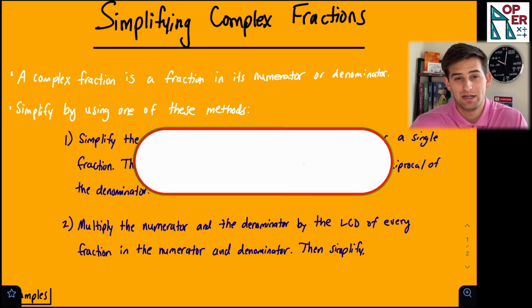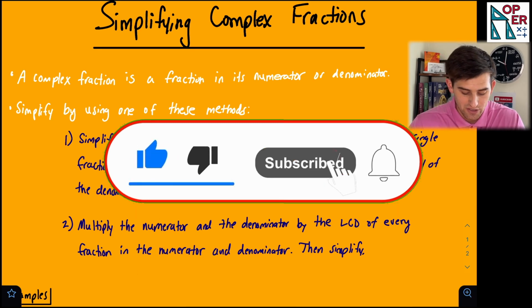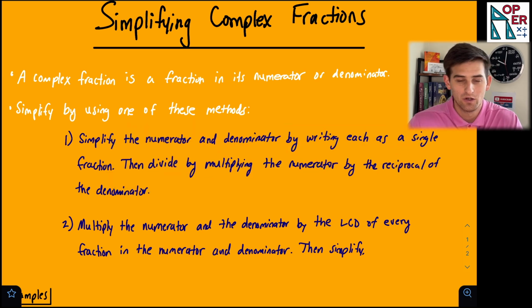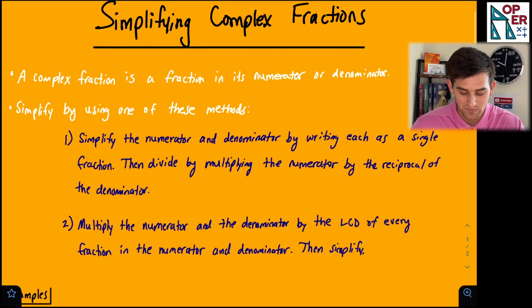In this video, we're going to talk about how we can simplify some complex fractions. So first of all, what is a complex fraction? It's just a fraction that has a fraction in its numerator or denominator. So it's kind of going to look a little bit weird. If we look down into this example, it's like we have something divided by something, divided by something, divided by something. So it just looks a little bit weird, so we call it a complex